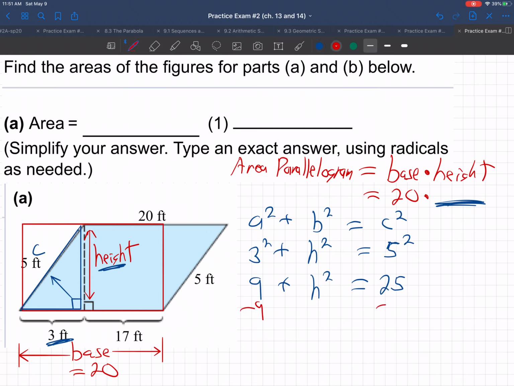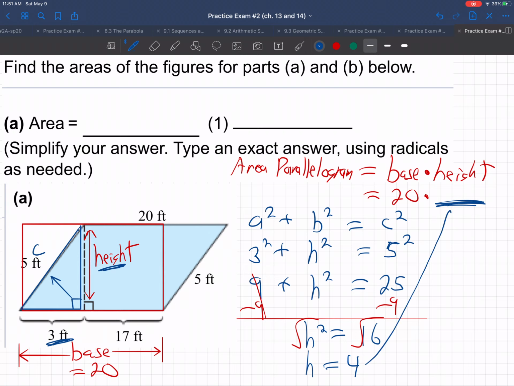Let's subtract 9 from both sides. And the 9's cancel. And so height squared is 16. And then we root it. And so the height is 4. So bring that back here. The height is 4. So finishing up this problem, base times height